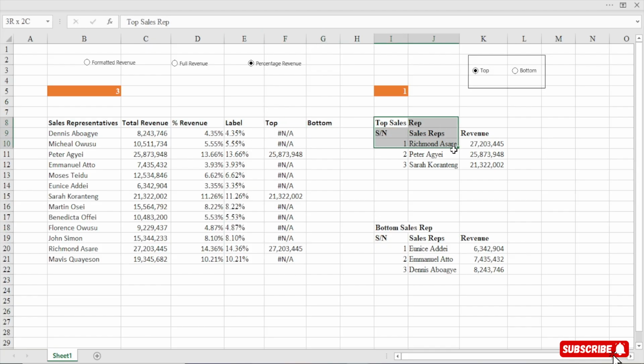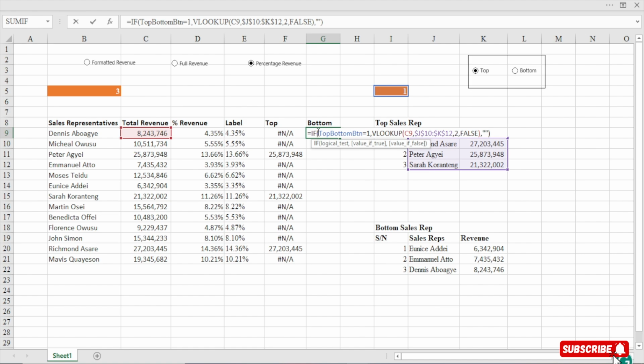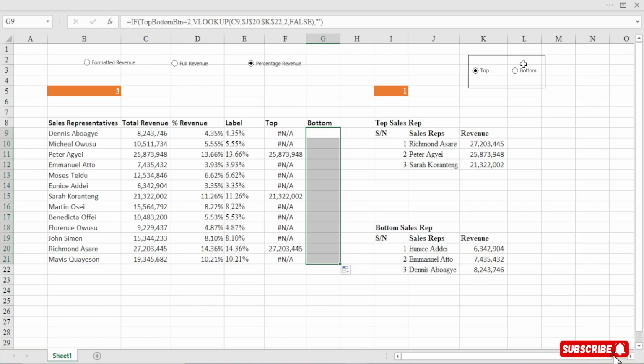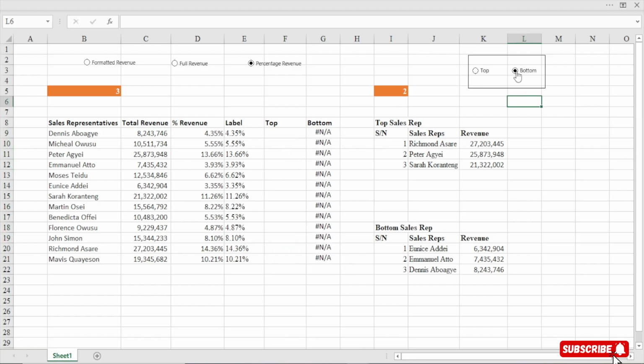Now with the bottom, we are not going to use the top cells here. We are going to use the bottom cells here. Perfect. Now if you don't want to write the function again, you can just copy this and paste it here. Now when you double click, you see this is selecting this. Now we can drag this one here, and then you can change this to 2. When you hit enter, see nothing is showing because we have selected top. Now let's toggle to bottom, and then you see what we have here.